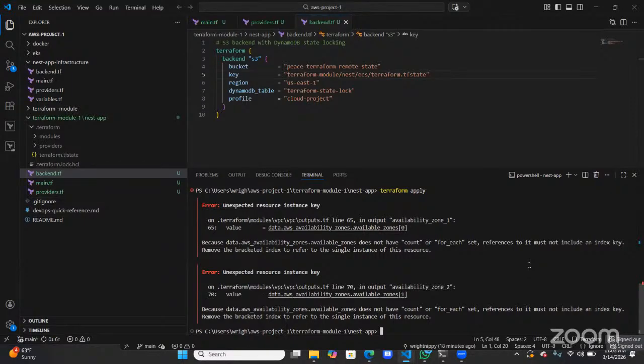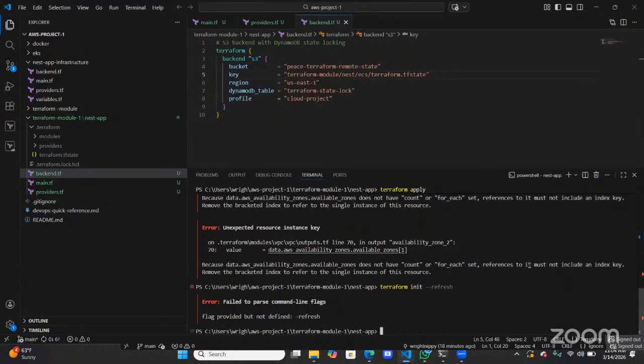All right, so you have to do Terraform init. I think it's like dash dash refresh or something. Either refresh or upgrade, one of those two. Try refresh. No, try upgrade. I think it's upgrade or update, one of those two.